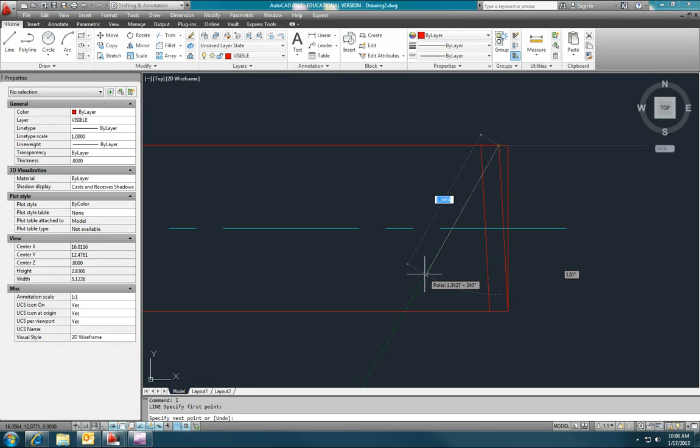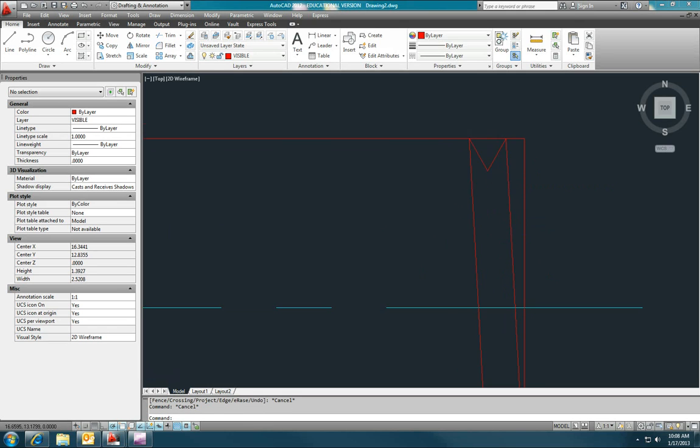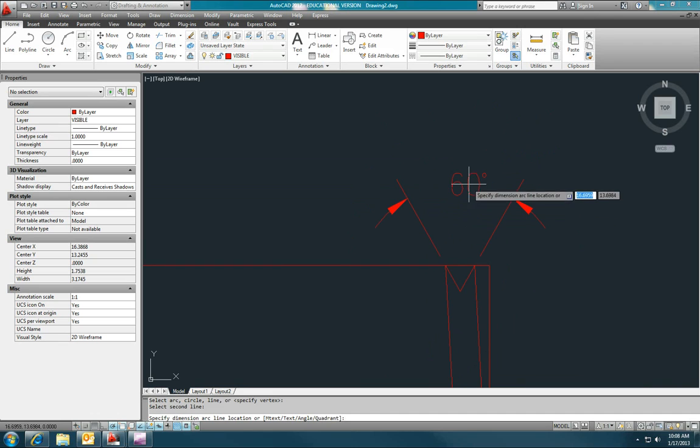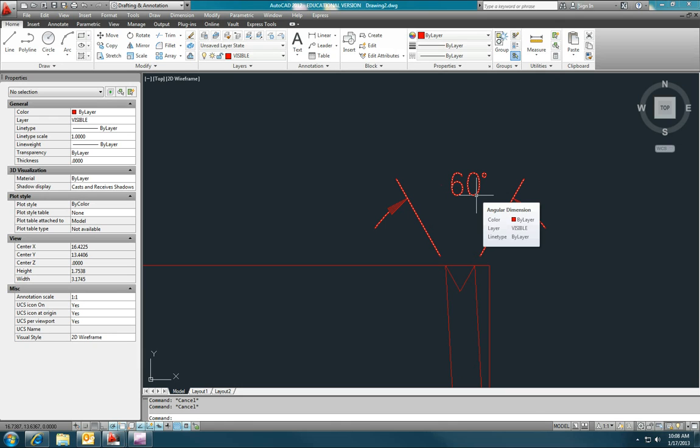Okay, so it actually says 120 on the arc there, but just hold on just a minute and you'll see where I'm going with this. This one says 60. Let me trim that, trim this, and you'll want to check your angle just to make sure that is in fact 60 degrees. Now, a lot of people get excited when they see 60 there, but the thing is that there are no decimals showing, so we need to make sure that